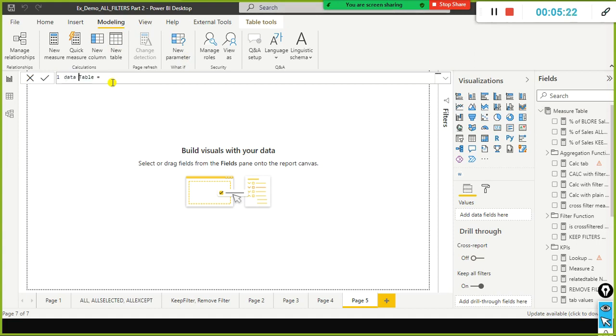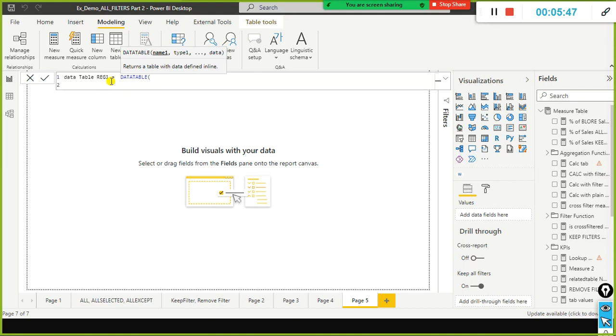So what I'm going to do is use DATATABLE. I'm going to create it with some meaningful name, something like Region1. Here I say DATATABLE, which is a table manipulation function. I just hold the Alt key and press Enter, and the next step is